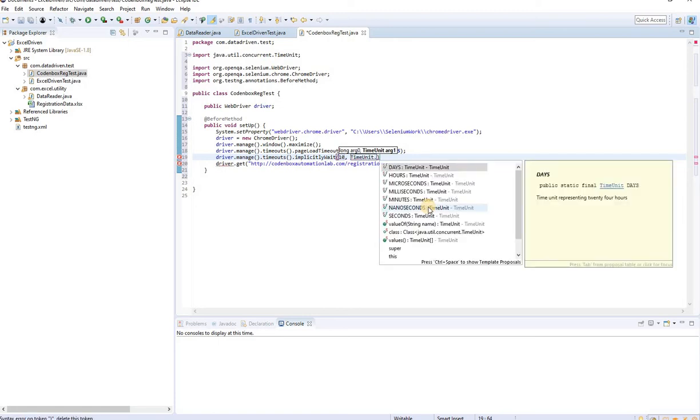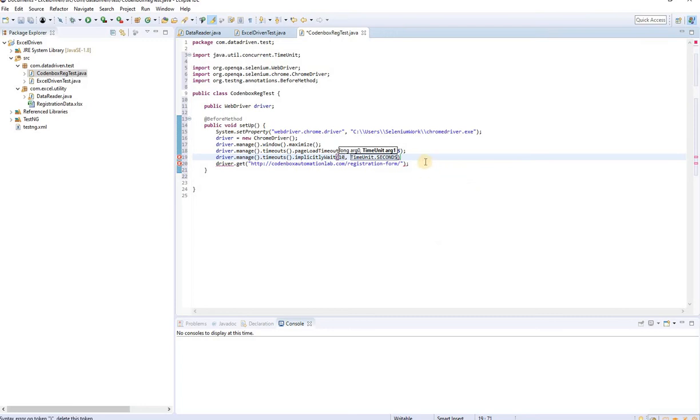What's the time unit? Unit is seconds, right? Good. So this is my before method, and let's add an after method, which will execute at the